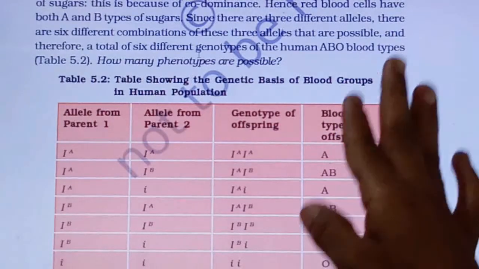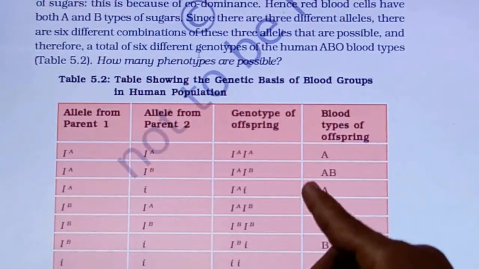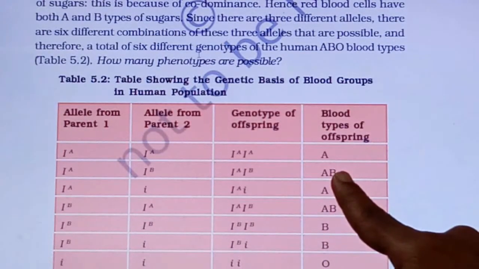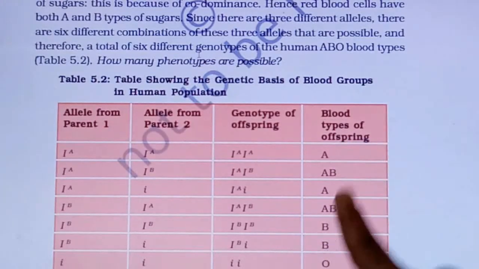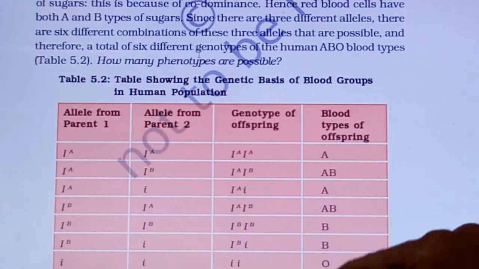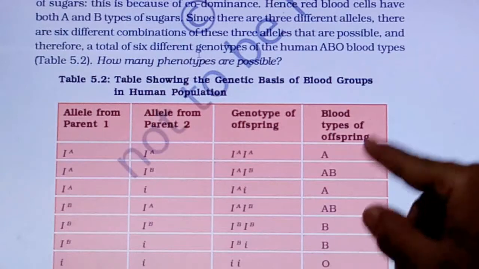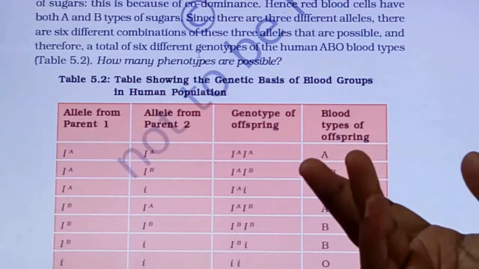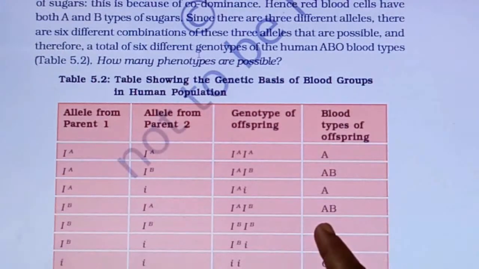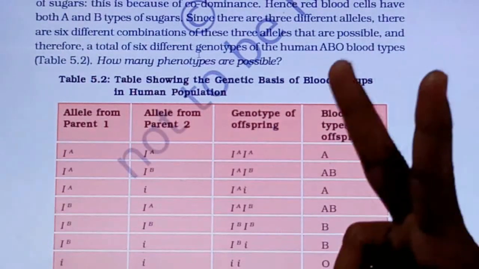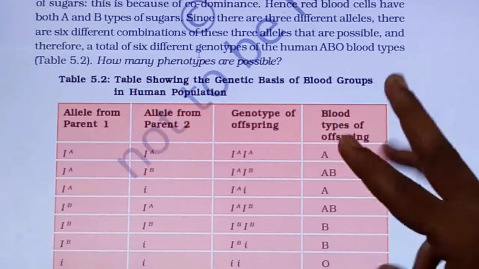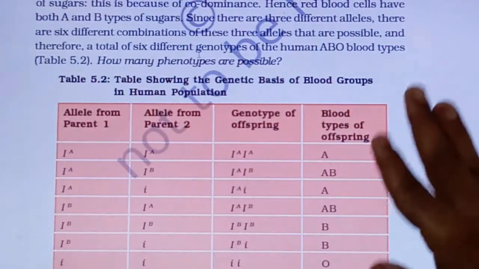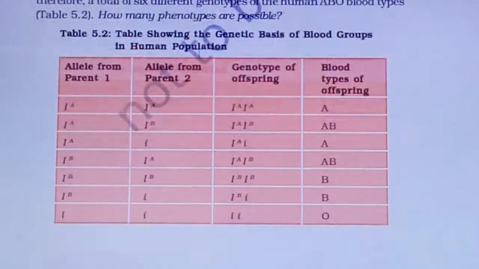Now, how will they ask an indirect question? They will give the blood group of the mother, and they will ask the blood group of the son. Or the son's blood group is given and the father's blood group is given, then what is the blood group of the mother? Questions like that will be asked, also for 2 marks or 3 marks. So for 2 to 3 marks, you have to prepare this point very well.